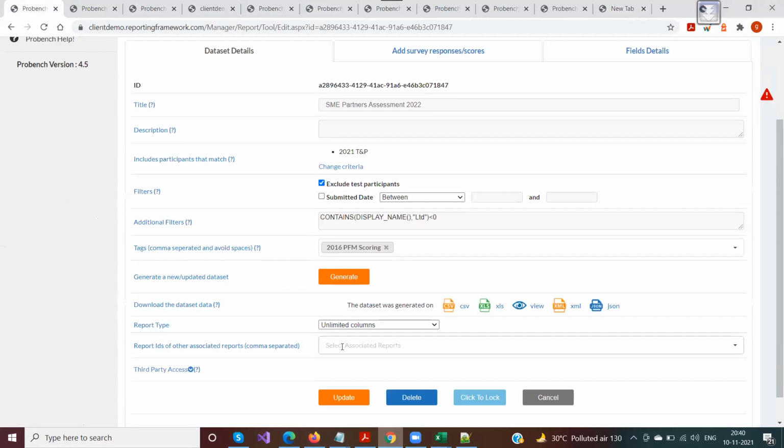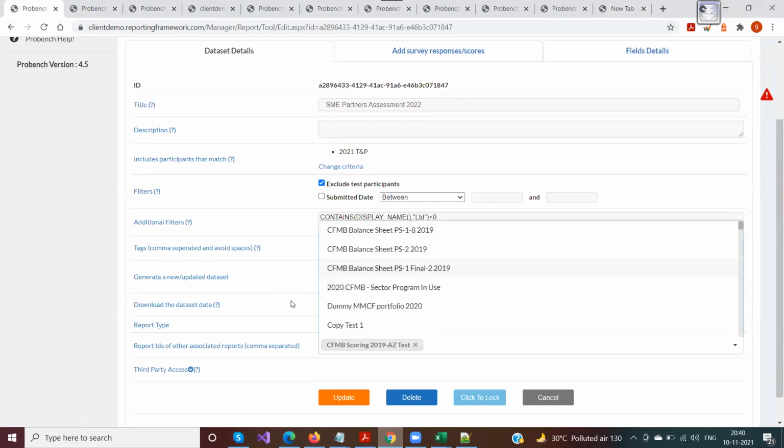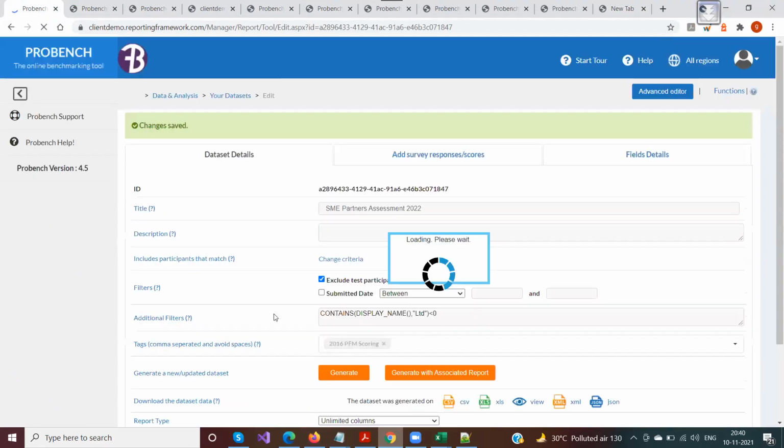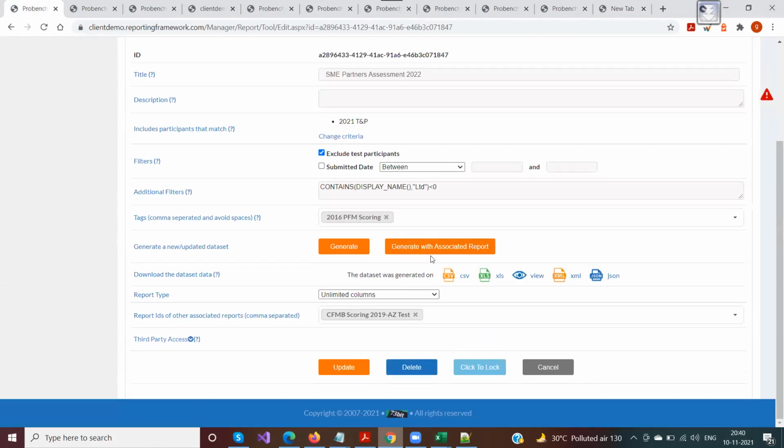Once you add an associated report and click on update, you would see one more button here, which is called generate with associated report. The only problem with this button is that it would work fine if you have a couple of associated reports, but it does not work fine when it comes to 4, 5, 6 associated reports.